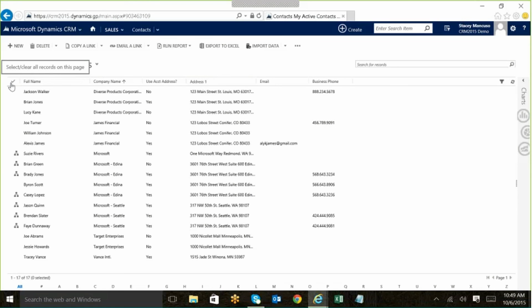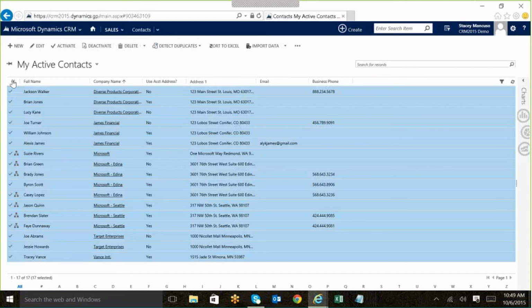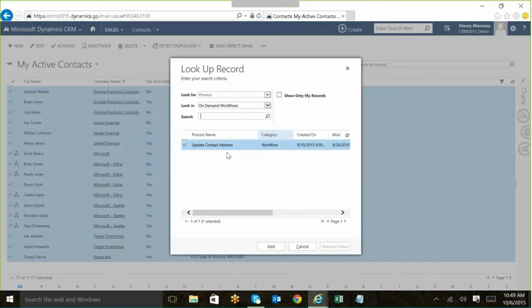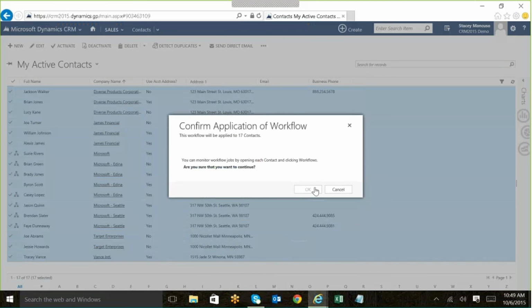In the interest of time, and this is what I'm going to suggest, if you want to utilize something like this, maybe have each of your salespeople do this on a weekly basis where they come into their active contacts, so there's not so much to work with. They can select all of them at one time, come up here to their ellipses, and click on Run Workflow. And I'm going to see this one workflow that I have created. I'm going to click on Add, click on OK,